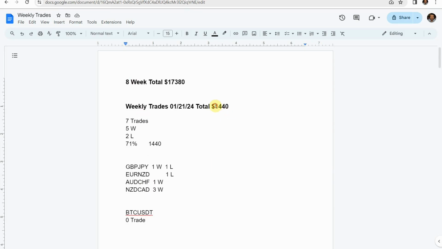So for the week total, we would have been at the $1,440. Like I said, add that to our 8-week total. At this point, we would have been at $17,380. So again, whenever I say in a couple of months, you can earn tens of thousands of dollars, you can see with just a few Forex pairs and a few handfuls of trades each week, how that is a